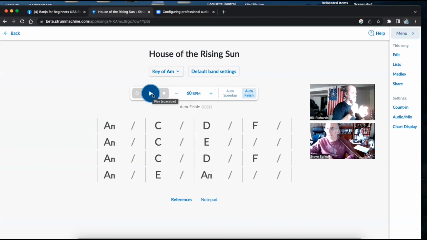It just kind of gives a distinct difference in sound. If I get on Strum Machine, I can see this. Yeah. And you could check